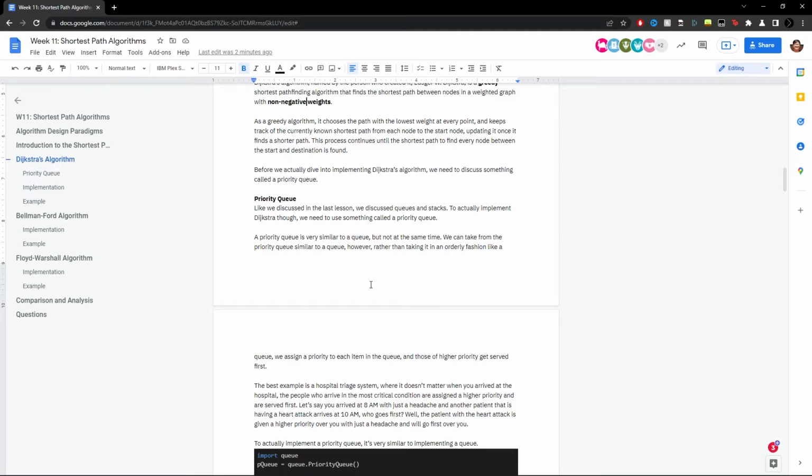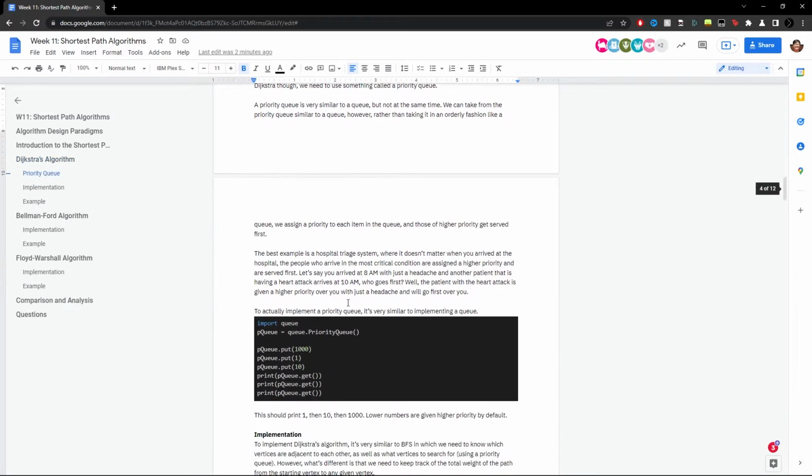So it's not first come first serve anymore. It's now a priority based system. And to implement a priority queue, it's very similar to implementing a queue. So all you do is import queue, and instead of doing queue.Queue, you do queue.PriorityQueue. And then you still put the same way, and instead it should give you all the values in order of